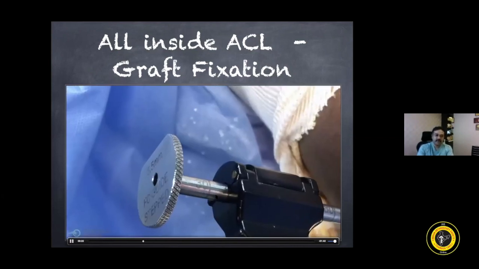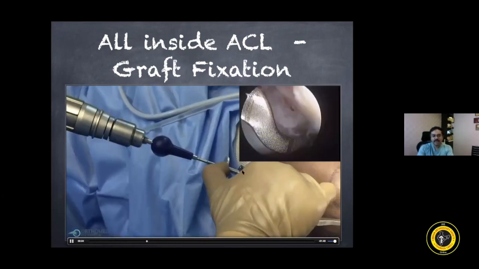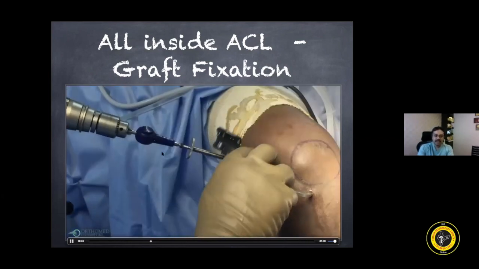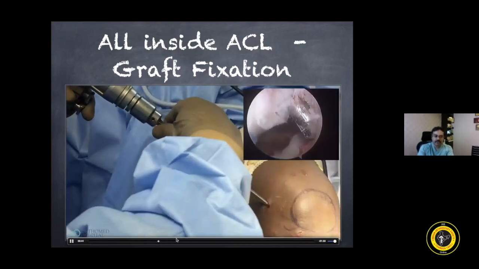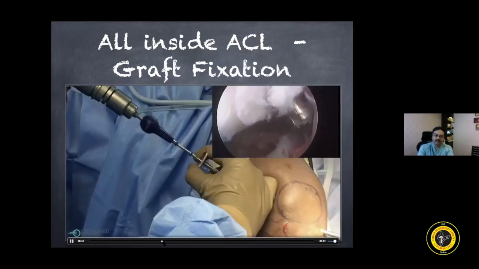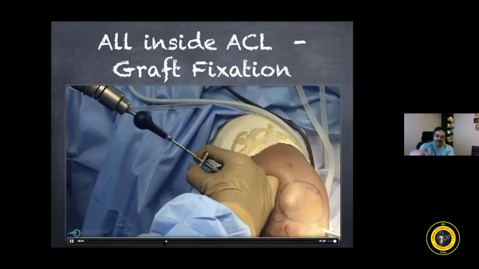Once we pass it, we can measure from outside. You can see the measurement here. It is around 35 mm. Now the guide wire is passed. The guide wire is called the flip cutter. The flip cutter is passed into it, and when it is passed, the tip of the flip cutter can be flipped out.